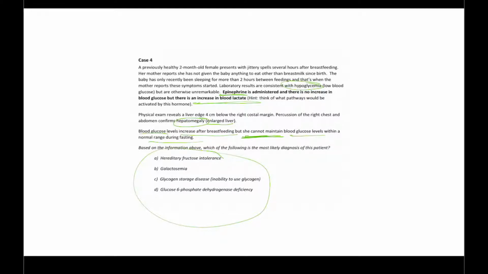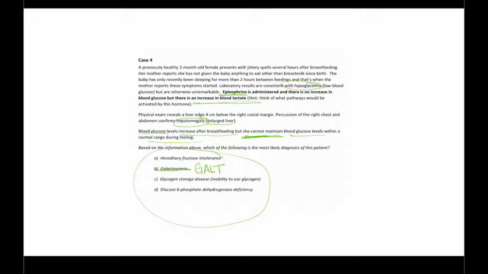I will say that I am able to rule out galactosemia immediately, because galactosemia is caused by a deficiency in galactose 1-phosphate uridyl transferase. This doesn't allow galactose to be changed into glucose. This deficiency is also known as a GALT deficiency,